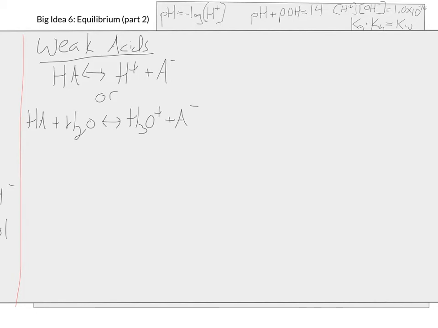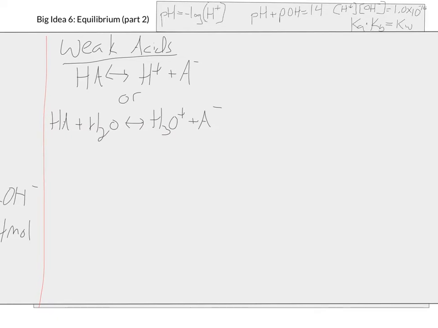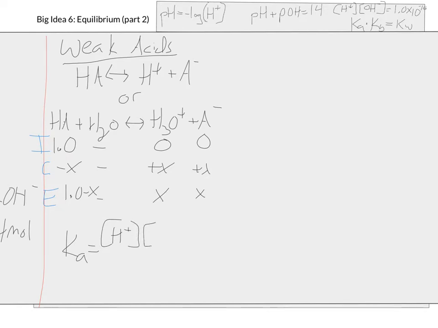And then for these, we have been solving those with ICE charts. So if we had whatever our initial concentration is of the acid, let's say this is 1 molar, we never worry about the water because it's a liquid. We start out with 0 of this, we subtract x, we add x, just like a normal equilibrium problem, we get x, 1.0 minus x. So depending on our Ka expression, we can just say, okay, Ka equals my hydrogen times my